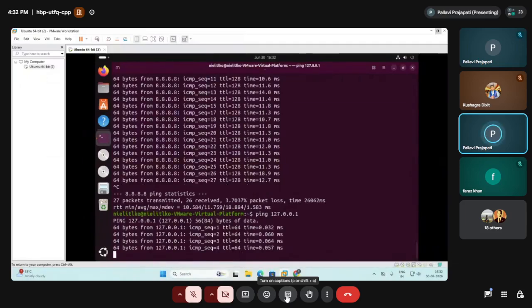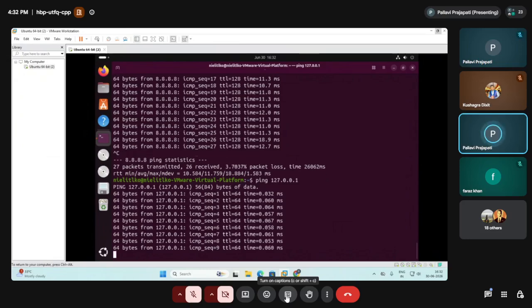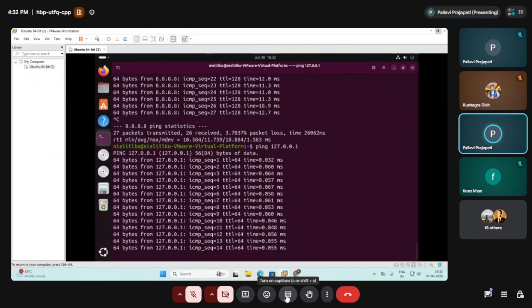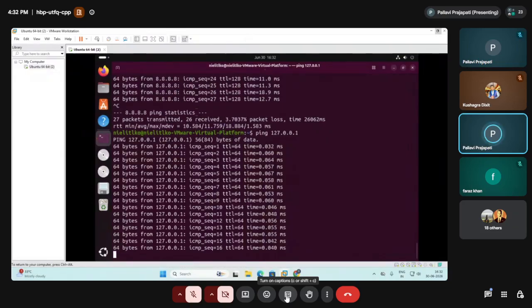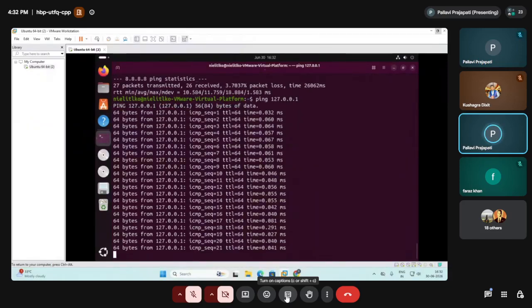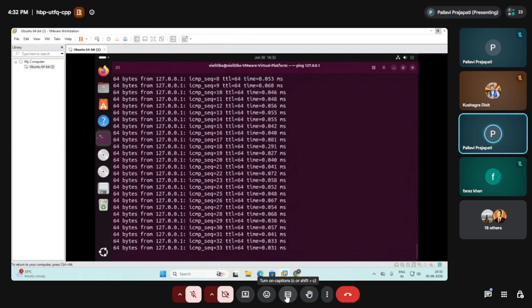See, this is also working fine. This is a special type of IP, which is also called the loopback address. This is the IPv4 loopback address. What I want to say is this basically sends the ICMP echo request.